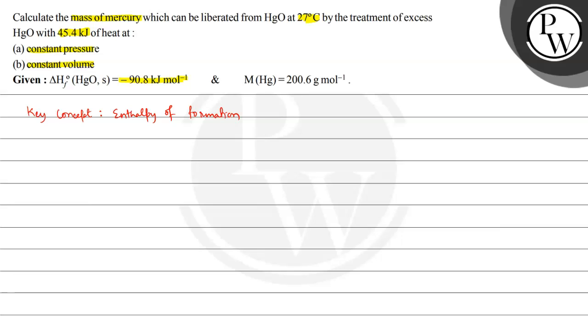So the equation representing that will be Hg liquid plus 1/2 O2 in gaseous state gives us HgO solid, और इसके लिए delta H is equal to minus 90.8